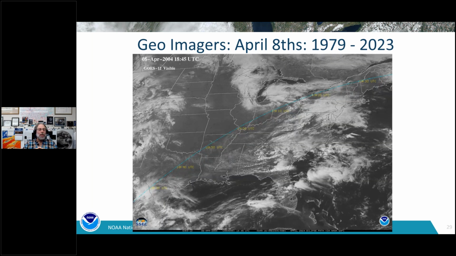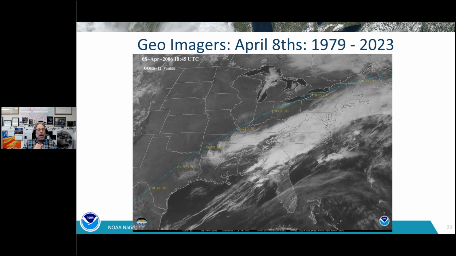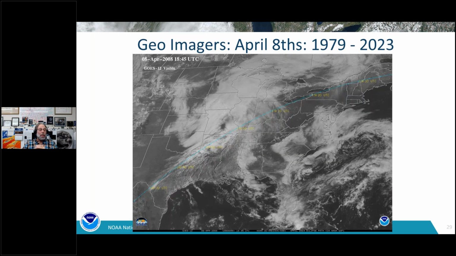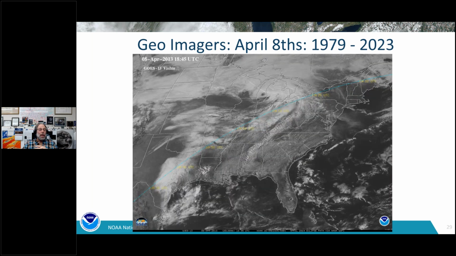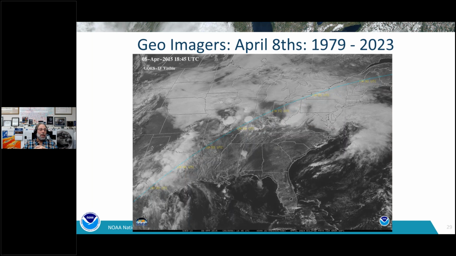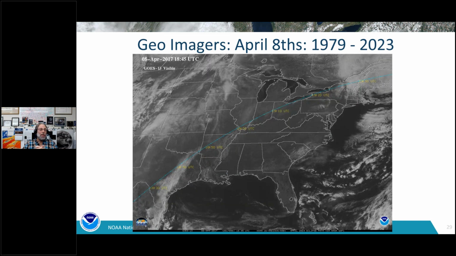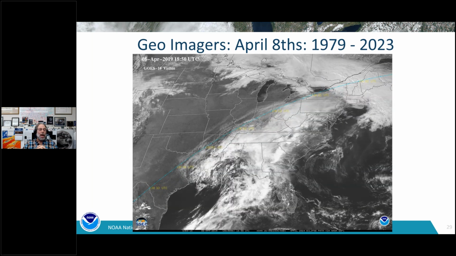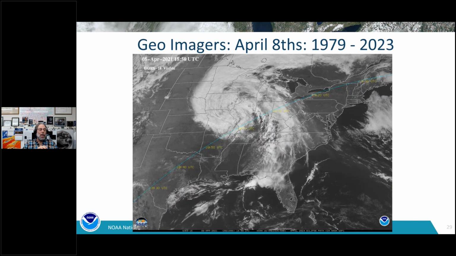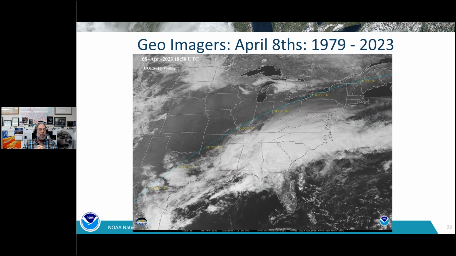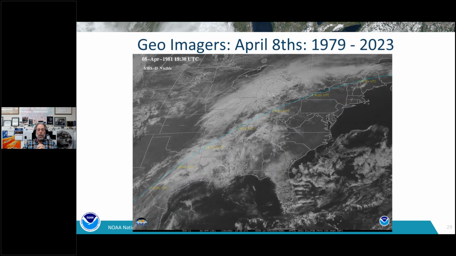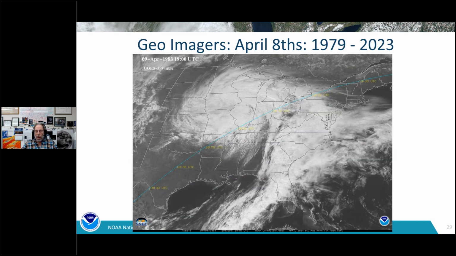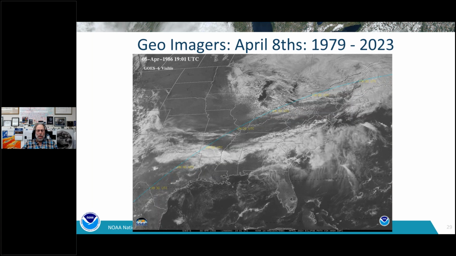GOES 12, and we get into GOES 13, and finally GOES 16. So again, a little bit of data. I think I mentioned, we've also had some SMS-1, GOES 3 and SMS-2 at the beginning of the loop. So get ready for that.